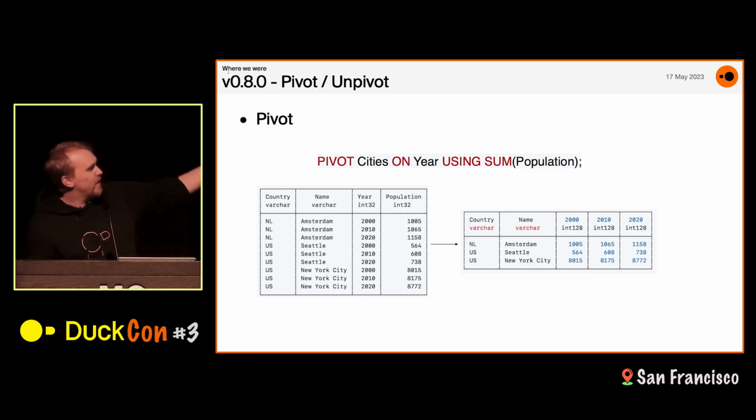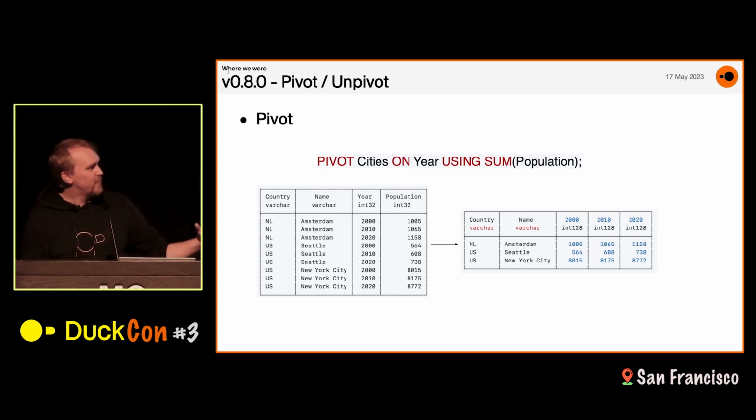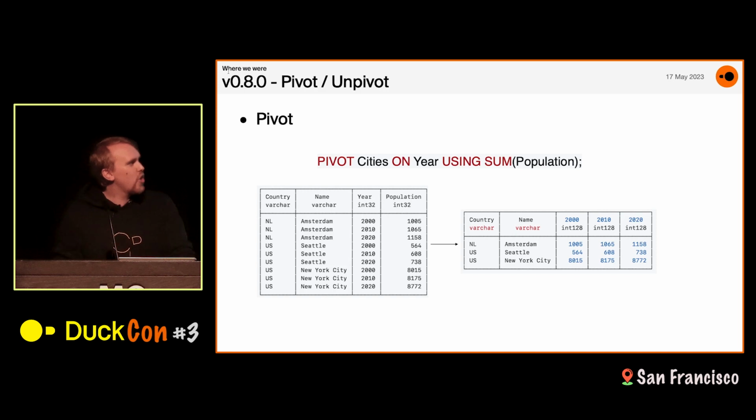So here's an example. If you can see this table on the left, you can pivot on the year, which then turns the rows, the years, into columns in the new table. For this, there is a SQL standard syntax, but we have also invented our own syntax that is a bit more readable, that we worked on together with some data engineers. It actually turns out to be quite a common operation, depending on the type of data that you work with. It's nice to have a shorthand that's a bit easier to work with.